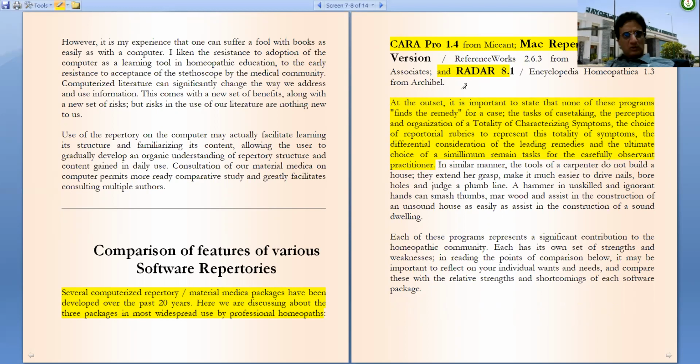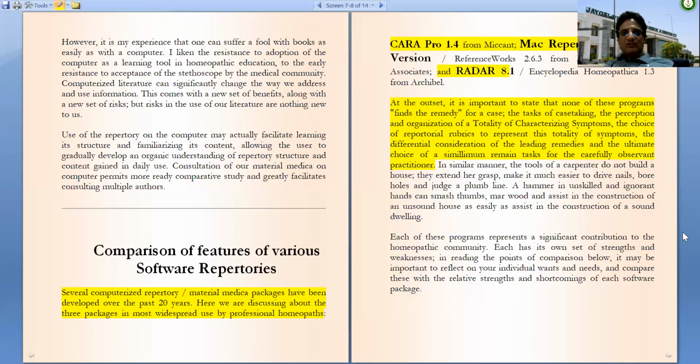Repertory is a tool, software is also a tool. It is helping to apply our tool of repertory for the patients by helping us in case taking, in organizing our data, in choosing the rubrics, in differential consideration of the leading remedies, which we get after repertorization, by giving good analytical tools.